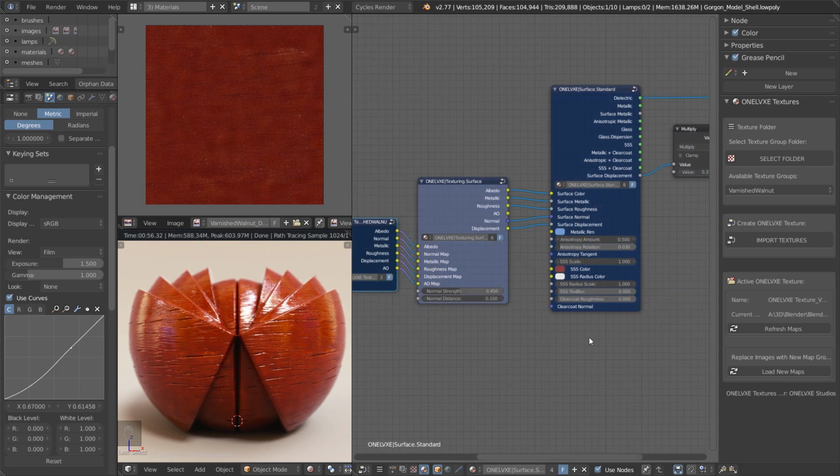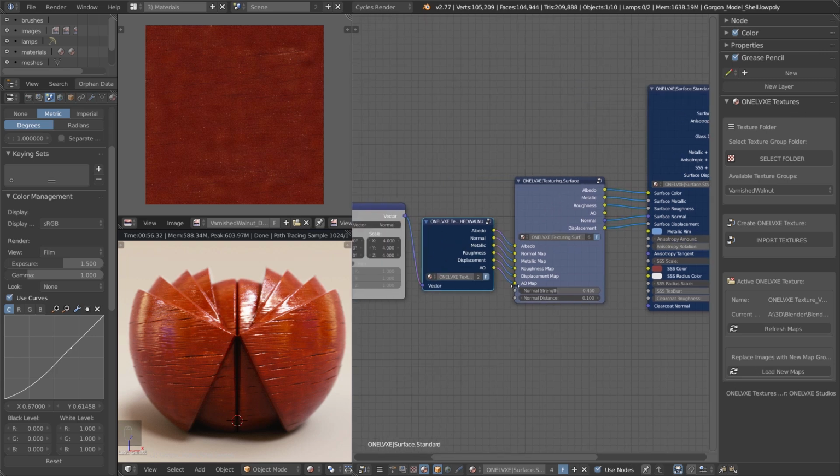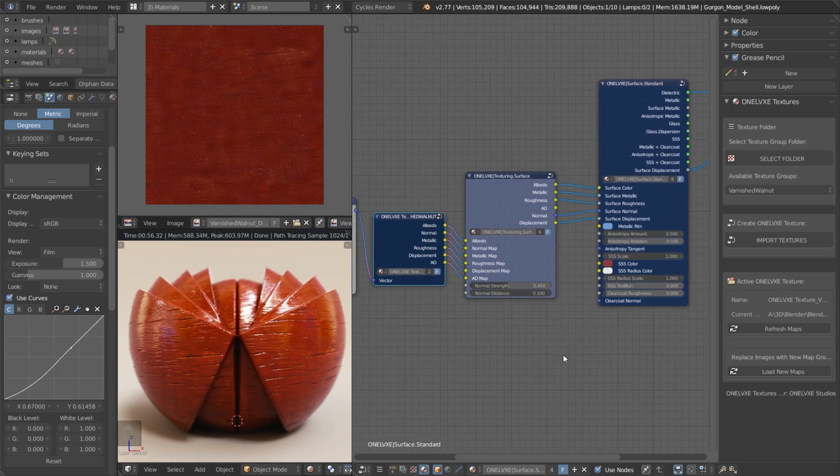As I hope you can see from this demo, the material pipeline is an artist-friendly tool that allows you to quickly and easily author textures and create amazing PBR materials for your blend scenes. Included in this pipeline are 100 ready-to-go PBR materials, as well as the surface standard node, the texturing surface node for optimizing your textures, and the texture bridge, which adds textures straight into your scene. So you can use this add-on with other texture repositories such as